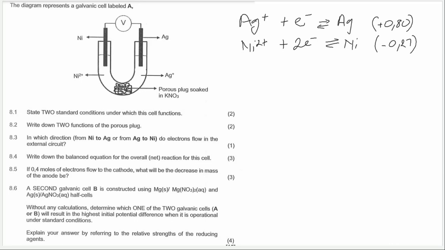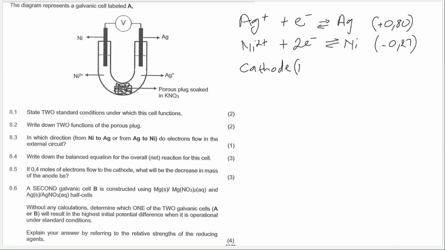So the one that has the highest potential is going to be the reduction reaction. Remember, in a galvanic cell we have a reduction reaction at the cathode. That means at the cathode we're gaining electrons. So we can indicate that for the cathode